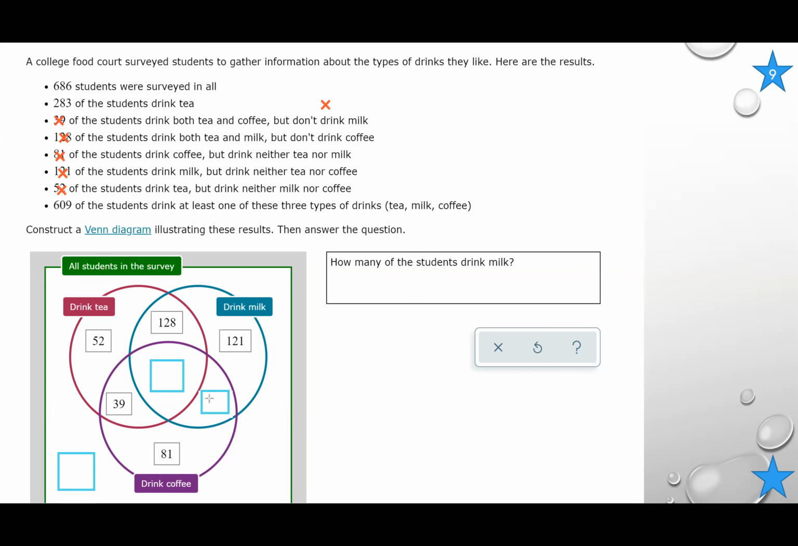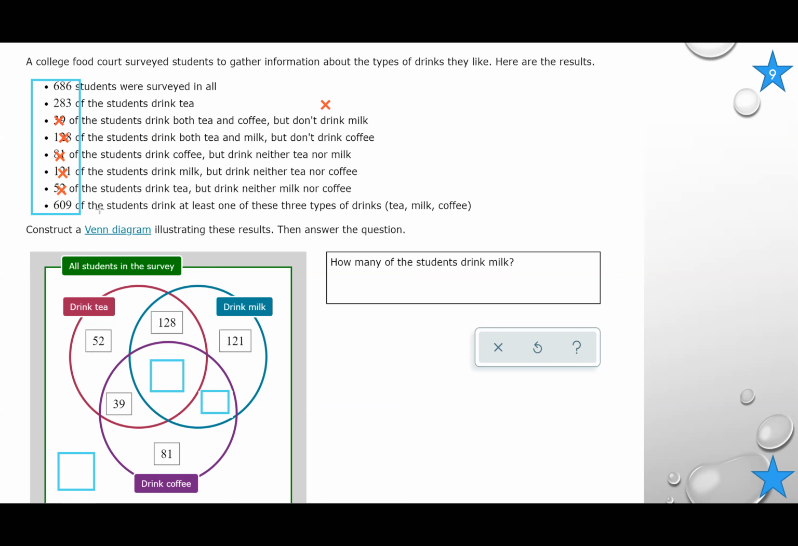Okay, so yes, I agree with you that the 64, whatever this answer, those are the people who drink all three. But the information they give us doesn't give us anything that says how many drink all three. Do you see any up here? None of these numbers say that the number of students who drink all three is this, right? They don't have it. So we have to manipulate our way around this item in the way that, well, we